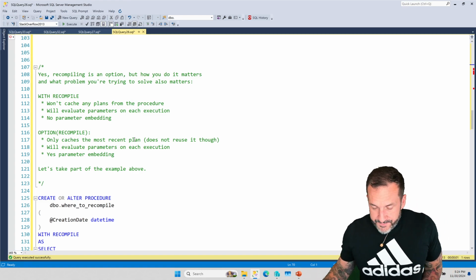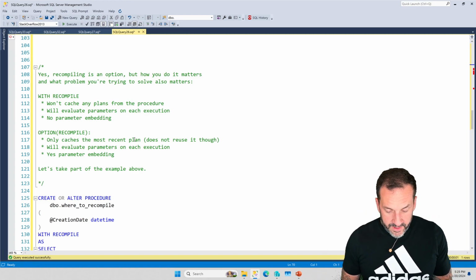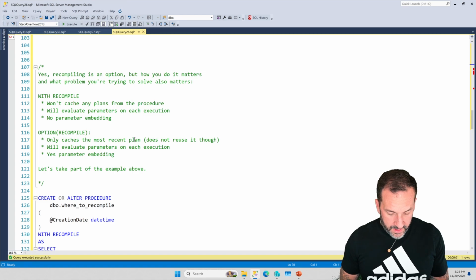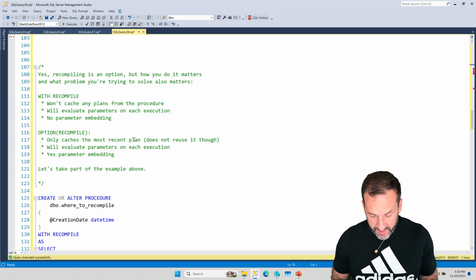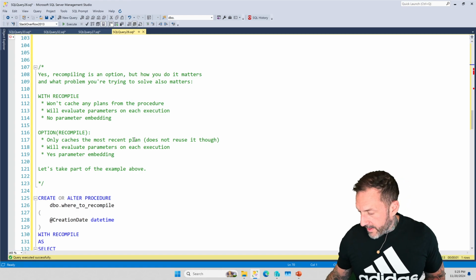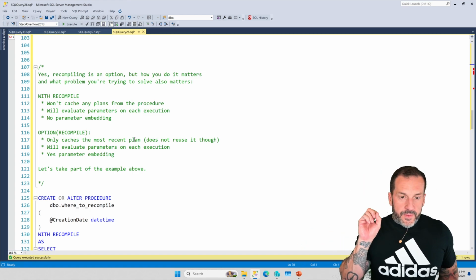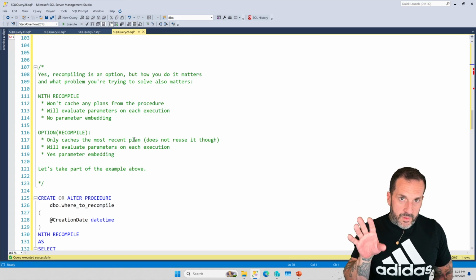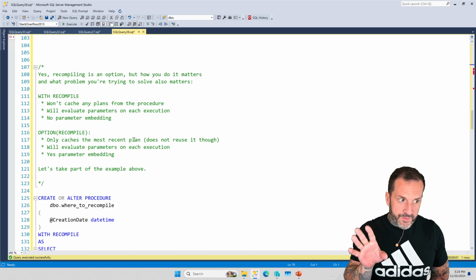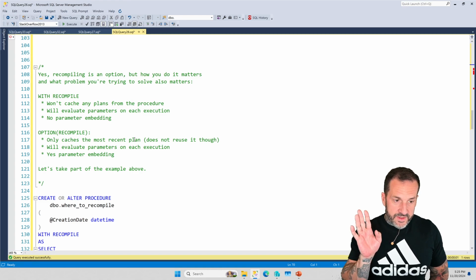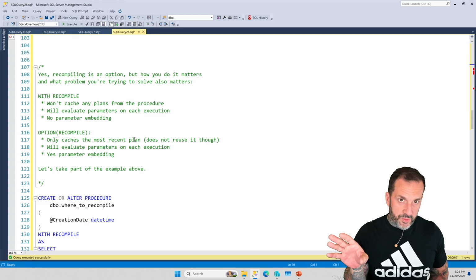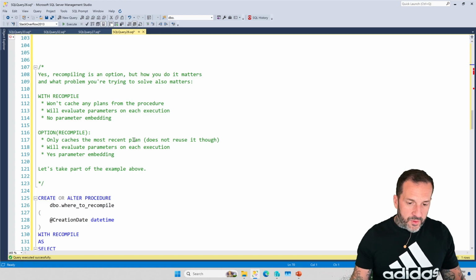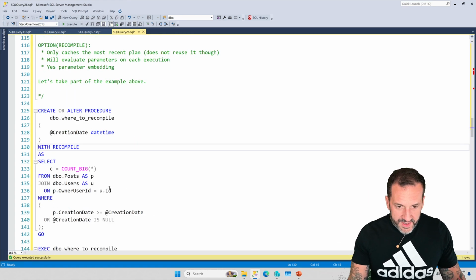Now, one thing that I want to pause and talk about, in a slight digression about similar topics to this, is the use of recompile. There are two different ways to add recompile to a stored procedure, and using recompile can solve parameter sensitivity issues, because SQL Server, within the context of a stored procedure, not an ad hoc query, if you create the stored procedure like this with recompile, right?